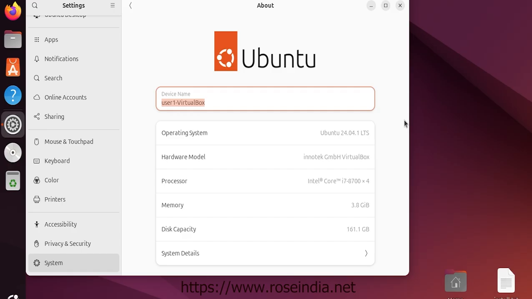So we have successfully installed Ubuntu 24.04.1 LTS on Oracle